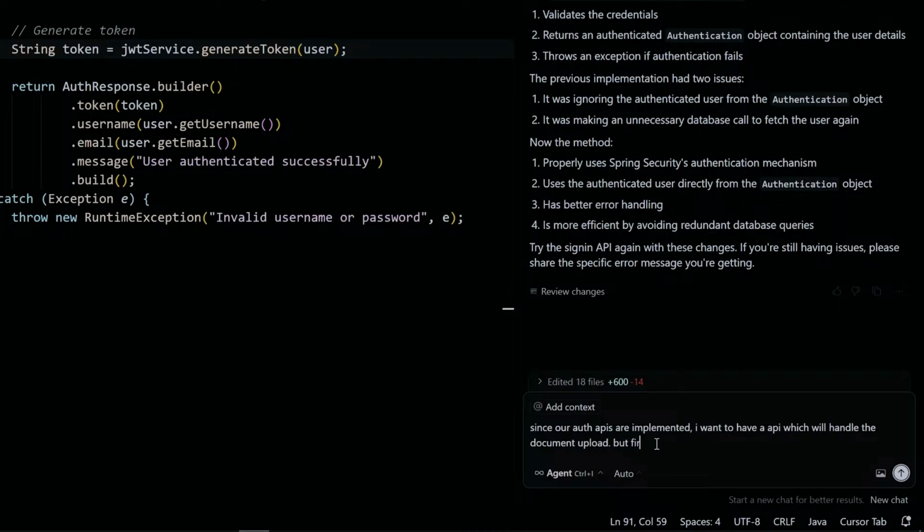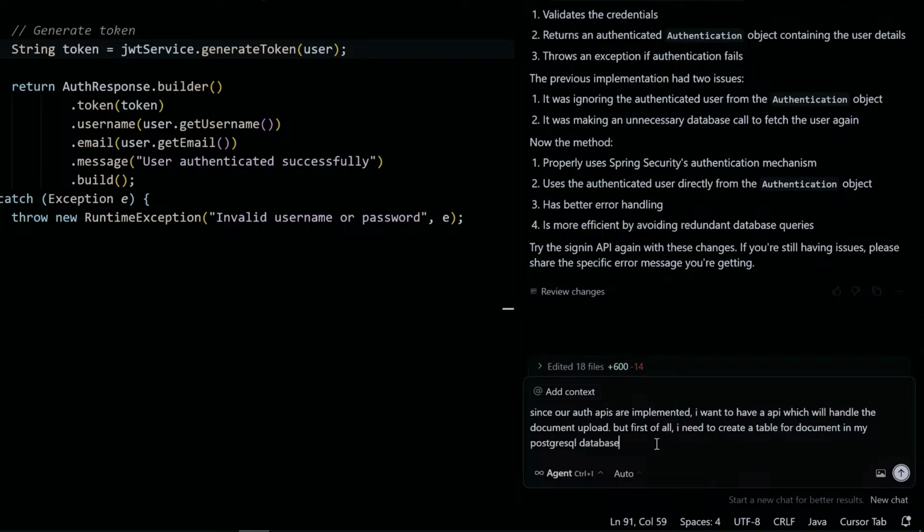But first of all, I need to create a table for document in my PostgreSQL database, and also create an entity in this app. The table will have a foreign key of user which will refer to the user table